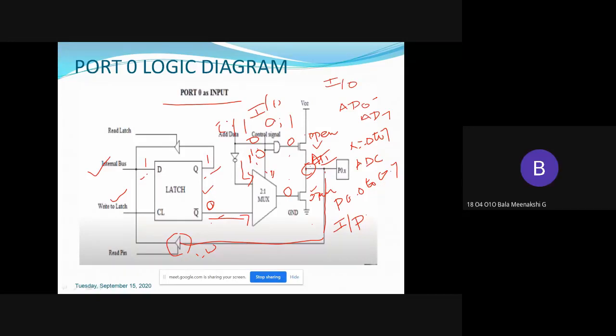So when the control signal is 0, it will only allow the data from Q bar. This will be blocked. When the control signal is 1, the signal is propagated from the address/data to this 2:1 mux. So the control signal will decide the IO operation or external memory operation. I will explain that later, in the next slides.